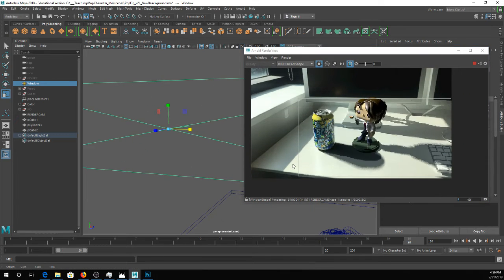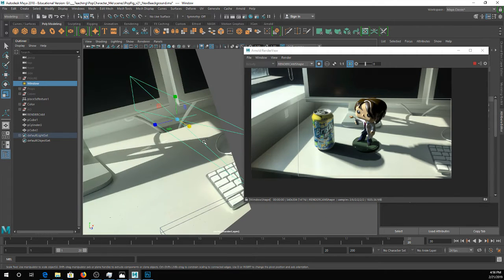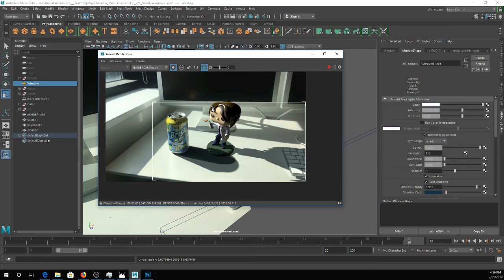I'm curious, so I've actually yet to find a better way to adjust the size of your light in Arnold besides scaling it, even though scaling it is usually kind of bad, but you can see it does give you a softer shadow if you need that. But yeah, I might just call it a day for now, honestly. It's fine. All right, so in this case, if I wanted to get out some finalish looking renders of this thing,